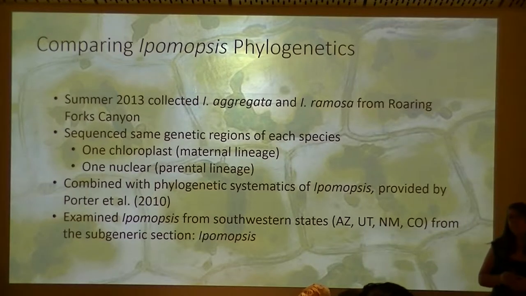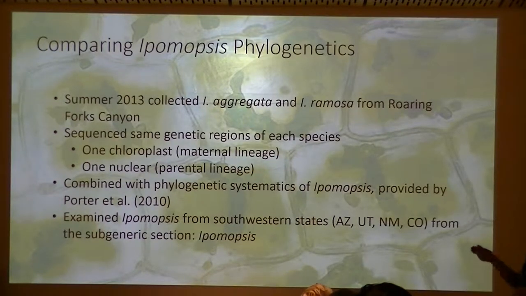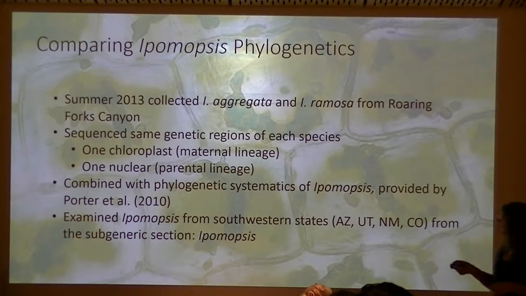In 2013, specimens of both Ipomopsis aggregata and Ipomopsis ramosa were collected from the Roaring Forks Canyon. And then in the fall of 2013, Ross taught a systematics of botany class, and I was in it, and we got to sequence some genetic regions of these species. We did one chloroplast and one nuclear, and then we combined these with a recent large survey